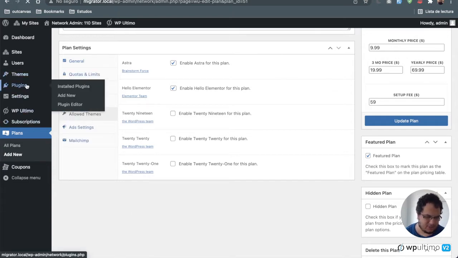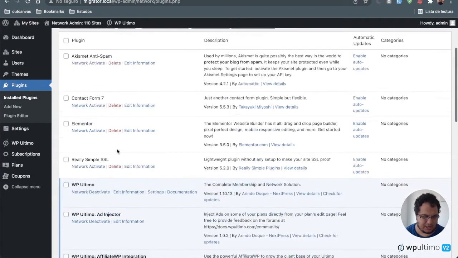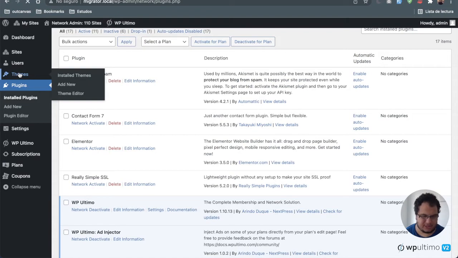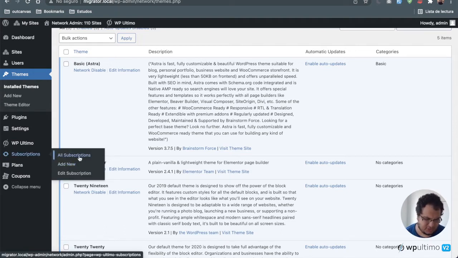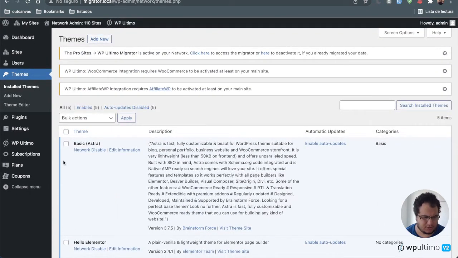Another quick thing that I want to show you is that since I have installed all the add-ons, that includes the plugin and theme manager. So I basically rebranded Astra to basic and added the basic category here. And I also changed the image for Astra, just so we can see how things are progressing once we restart the migration process. So the last thing we need to do here would be to